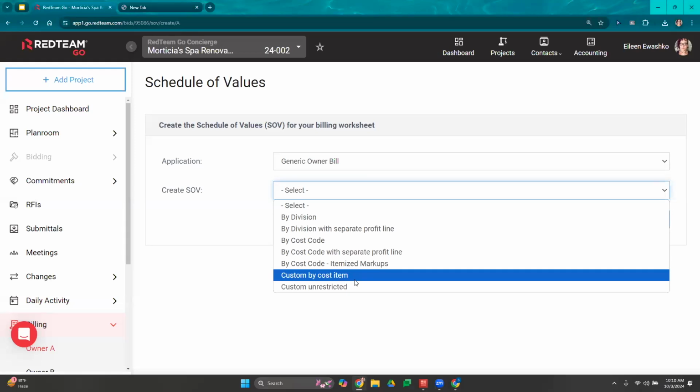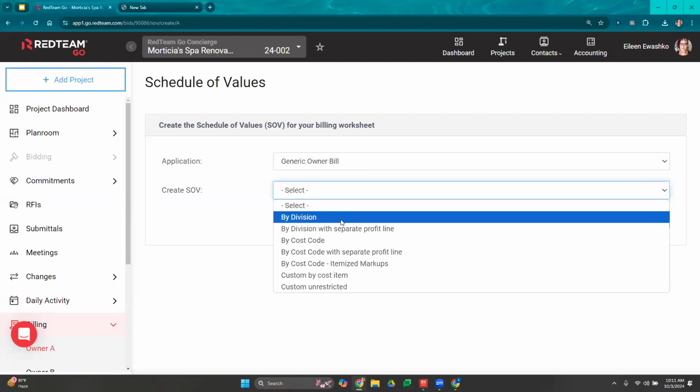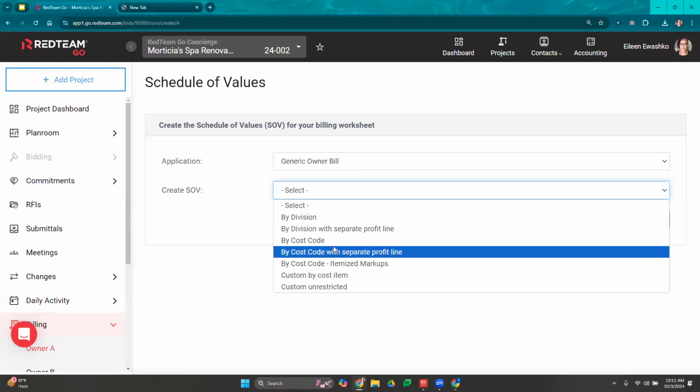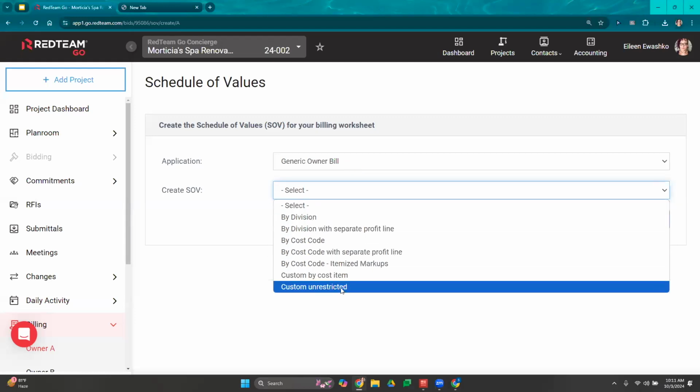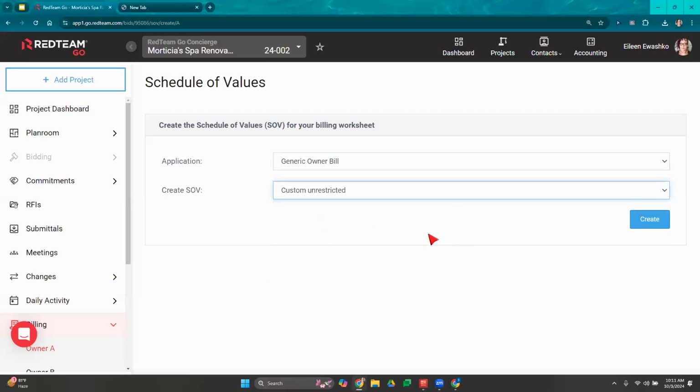So if you have an owner who has a very specific way of creating their schedule of values and it doesn't fit within the realm of either by division or by cost code, you do have the ability to come right over here and select custom unrestricted. And I'm going to select that just to show you the option that RedTeam gives you. So if I select custom unrestricted and then I select create,